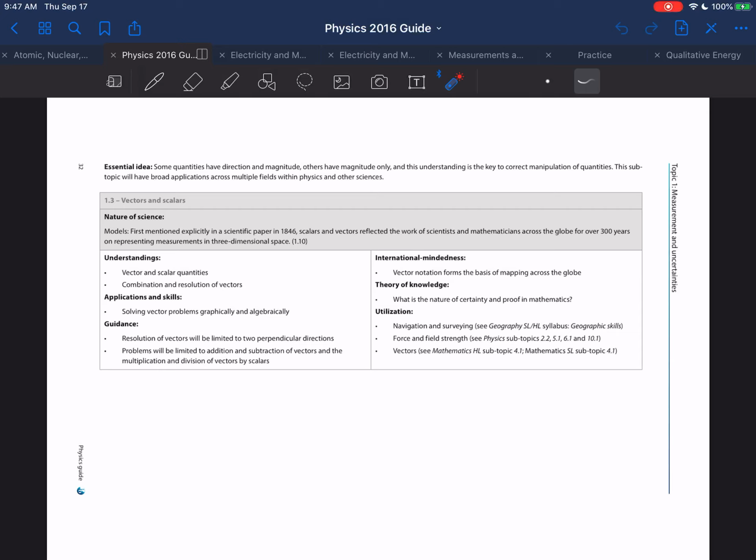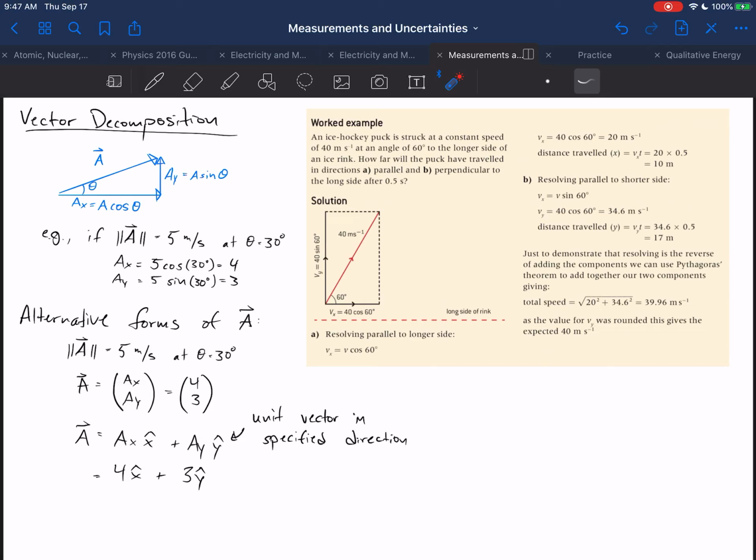Hello everyone! In this video we will continue to examine topic 1.3, vectors and scalars, and in particular we will discuss the decomposition of vectors. An important thing to be able to do algebraically is what is called decomposing a vector. So we have already discussed what the process is for taking two vectors at right angles